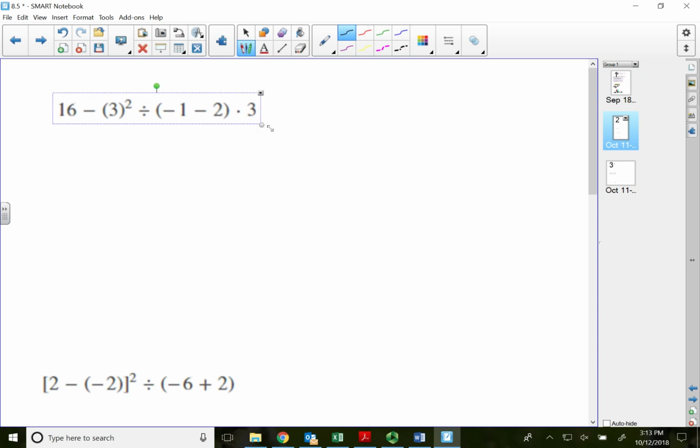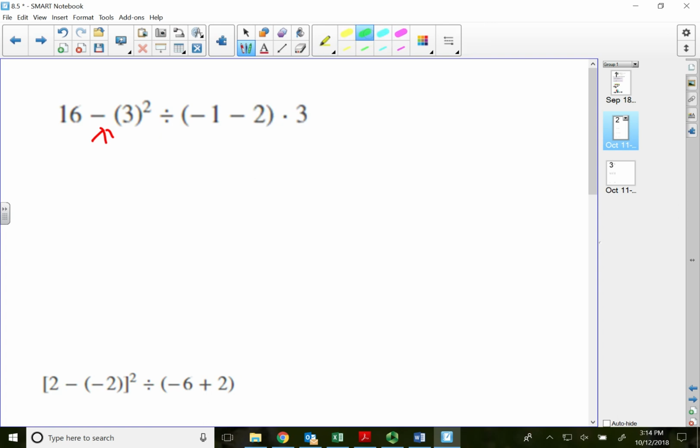All right, this one, looking for addition or subtraction signs outside the parentheses. There's only one of them right here. So what's in front of it is my first term, 16, and what's behind it is another term. All these are together as one term, and the subtraction sign goes with it. So my big second term is negative 1 times 3 squared divided by parenthesis negative 1 minus 2,